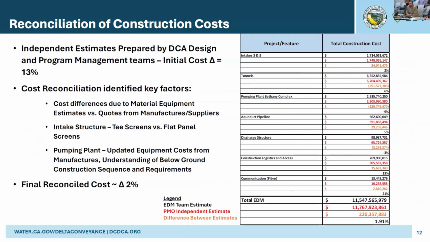We did do, as I mentioned, a reconciliation process. So this is internal, starting with the DCA design team doing a lot of the bottoms up work, and then the program management team really taking more of a top-down approach to the estimate. What you see on the right-hand side here is a comparison table with the design team's numbers in black for each feature, the program management team numbers in red, and then the difference between the estimates in sort of the orange color. Initially, we had a cost differential of about 13% through those two different approaches,